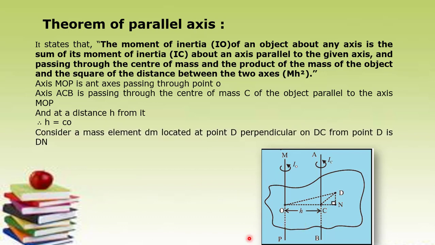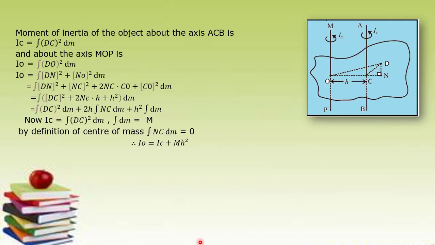Then here you have taken a small element, dm, located at point P, and the perpendicular distance from the point is there. You will get the equation for I0, the moment of inertia of the object about the axis, equal to the integral of d0 square dm. And d0 means what? d0 square is equal to dn square plus dn square. So we have taken the Pythagoras theorem, and we can put the value of OC plus CN here, and solving that bracket,